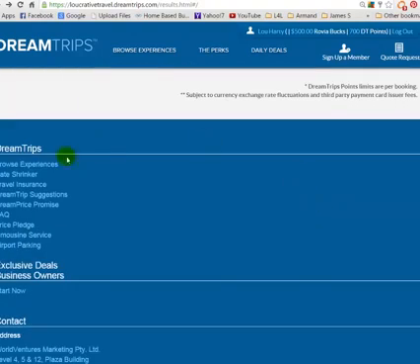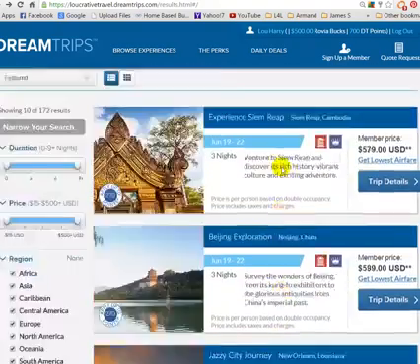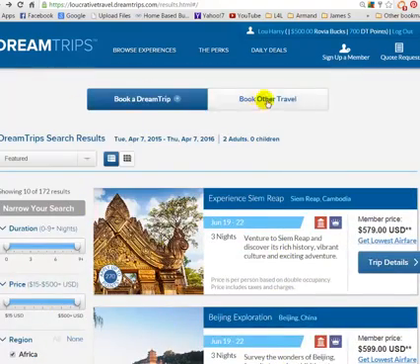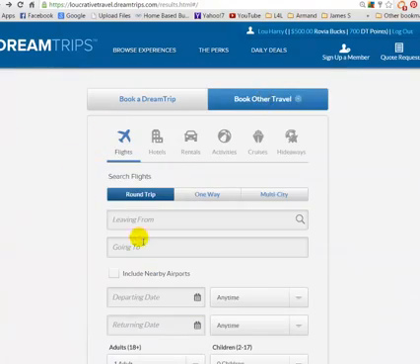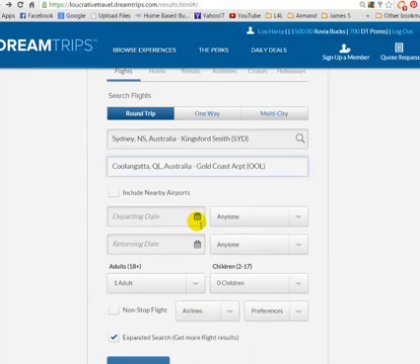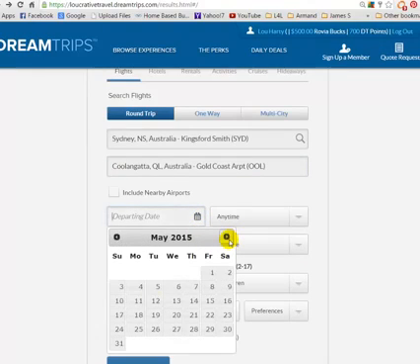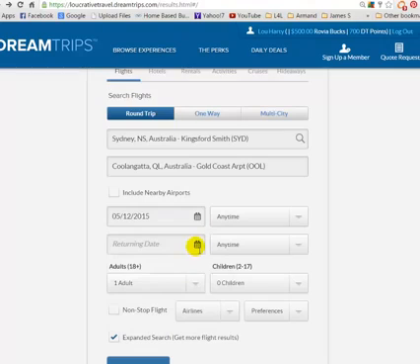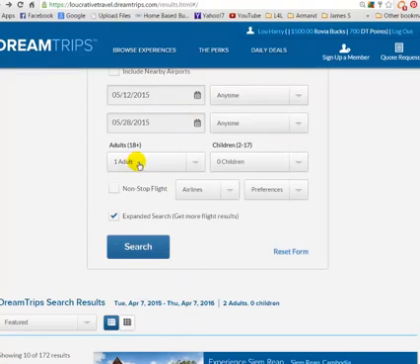Also, what I want you to do is take a look at, it's not just the dream trips, remember, it's the other travel. So for example, just say I want to book a flight. I want to go from Sydney to the Gold Coast in Queensland. So we're going to go up to the Gold Coast. The date I might go is the 12th of May, and I might stay up there for a week or so. Put the dates, any adults, any children,